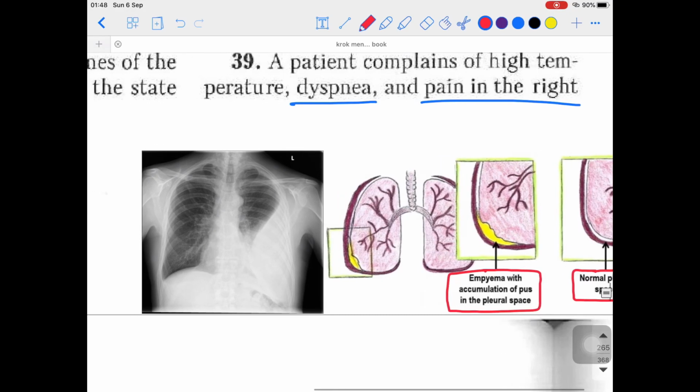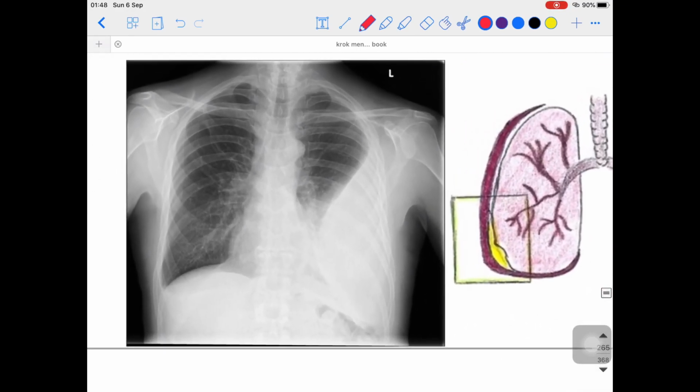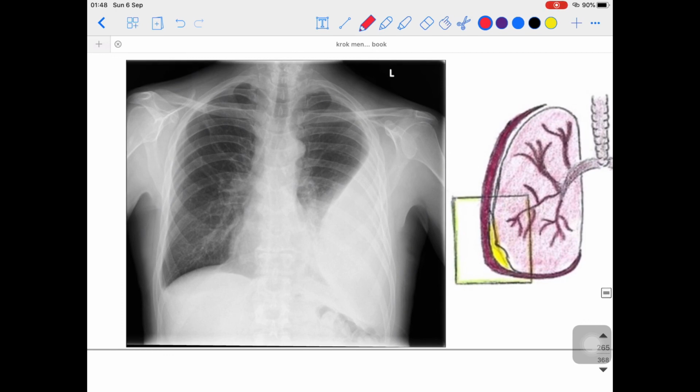How does it look on the X-ray? You can easily appreciate it, I guess, on this X-ray. Look over the screen right now. As I said, air is black. Some kind of fluid or some kind of solid thing will appear white in color in the X-ray. So here what is happening? Yes, this kind of thing which is happening over here, which you can easily appreciate. What is that? This is nothing but the pus.